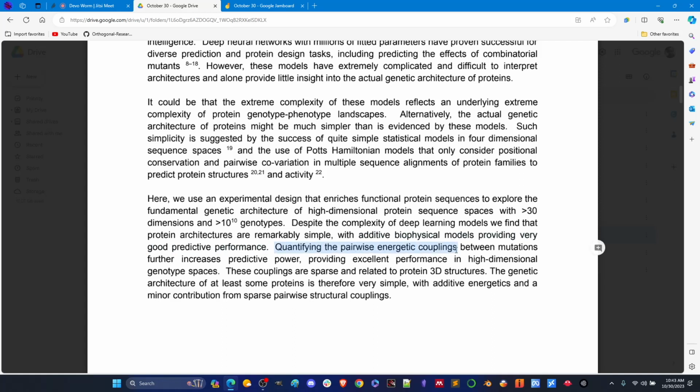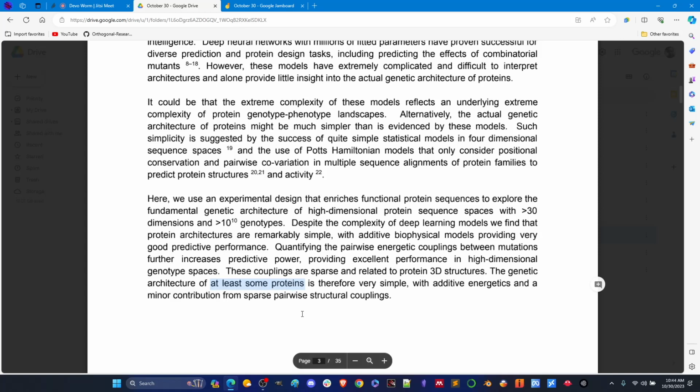Quantifying the pairwise energetic couplings, which is what they mentioned previously, between mutations further increases predictive power, providing excellent performance in high-dimensional genotype spaces. So you don't need a super powerful model to get at this problem. These couplings are sparse and related to protein 3D structures. The genetic architecture of at least some proteins is therefore very simple, with additive energetics and a minor contribution from sparse pairwise structural couplings. It's important to note that they say at least some proteins,